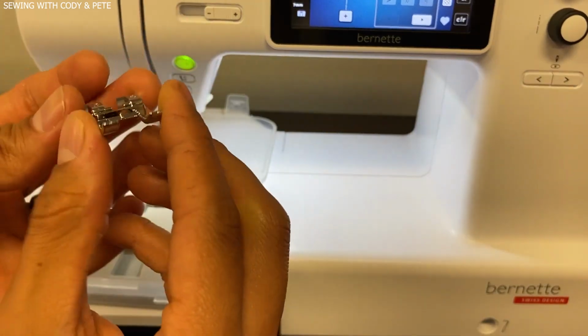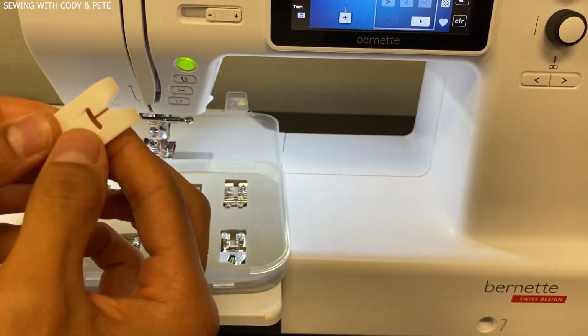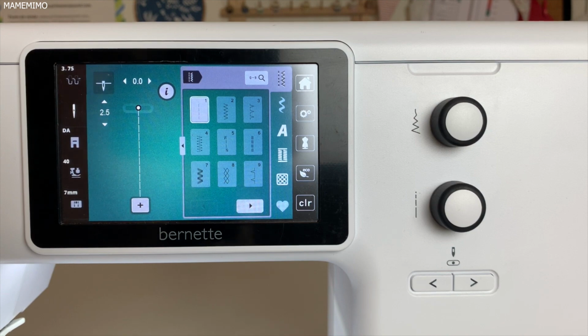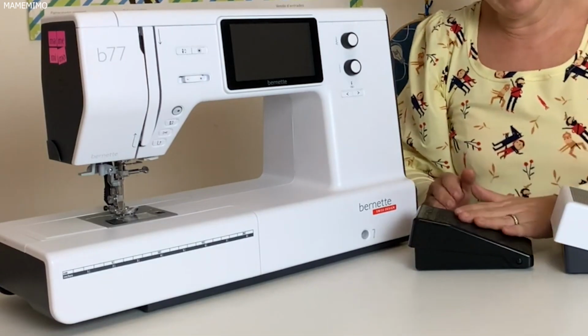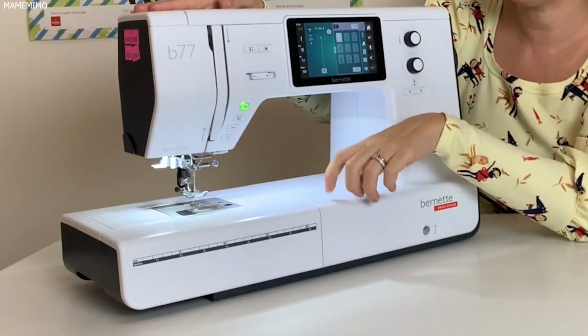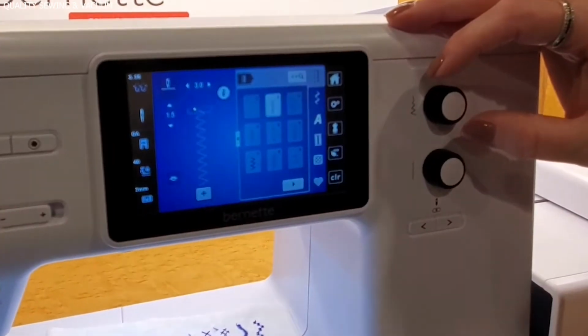The automatic presser foot lift further enhances convenience, making the sewing process more efficient and reducing strain on the user. Who should buy it? The Bernette B77 is perfect for sewists looking for a high-tech computerized machine with a wide range of stitch options for quilting, embroidery, and decorative sewing. Number 2. Brother